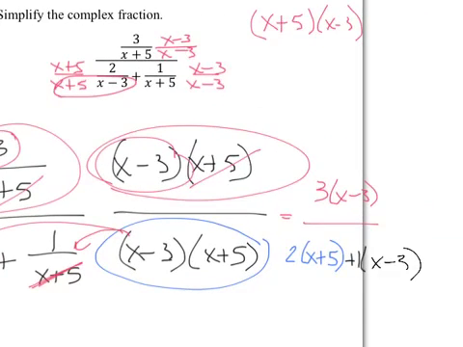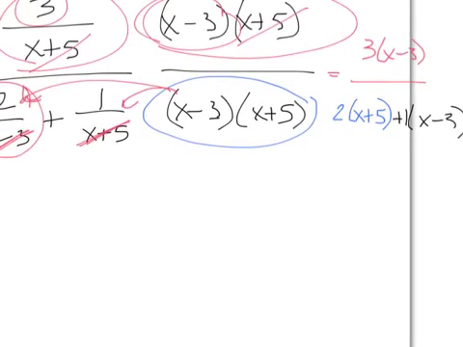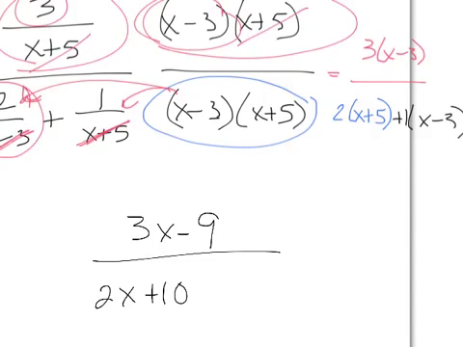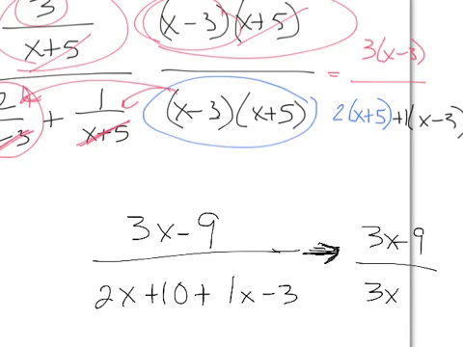Now if we take a look here at this fraction, we can distribute the numerator, distribute all this, and come up with a simplified fraction. That simplified fraction ends up becoming 3x minus 9 all over 2x plus 10 plus 1x minus 3. Simplifying the denominator, in this case, we're going to get 3x minus 9 all over 3x